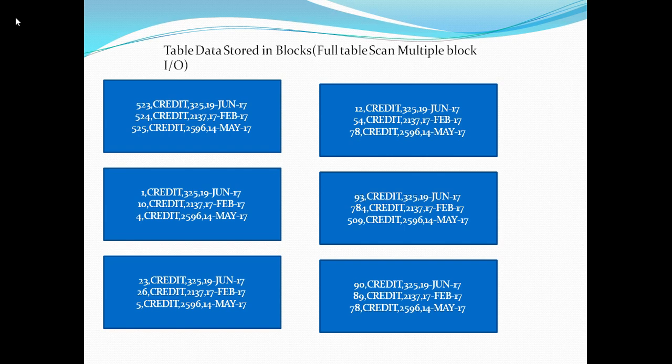I mean, right now in this scenario, full table scan looks perfect. If you want to retrieve more than 20% of the data, just go ahead and use full table scan and don't use indexing, and that's what the optimizer usually does. But imagine you have a situation where you have a very large database with billions of rows. Even though full table scan is going to be faster if you want to access 20% of the data, still it's going to take a huge amount of time, because you are reading 128 blocks in a single IO, and now you have millions and millions of blocks to be read.